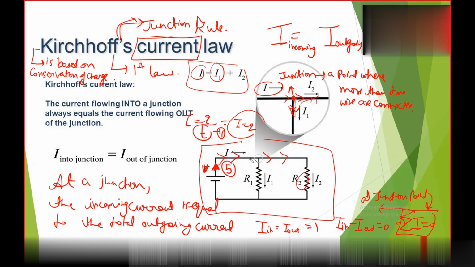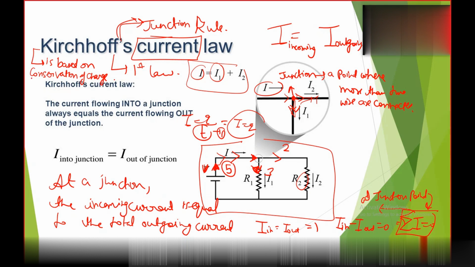So this person says that there are two streets for them to go. Here there are two streets. So some of them decided, let's say two, are going in this direction. Another person which remains here will go in this street 3. So total number of charge which is coming will be equal to total outgoing charge.